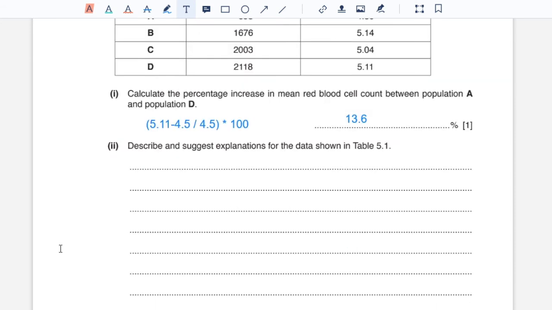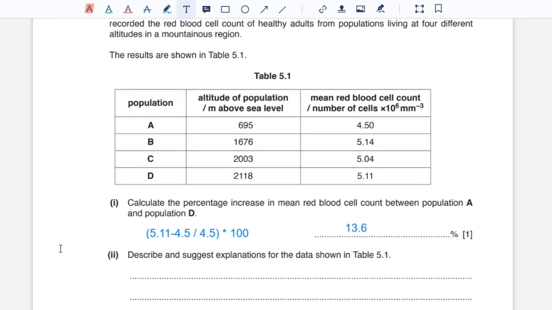2. Describe and suggest explanations for the data in table 5.1. So going from populations A to D, the altitude is continuously increasing, whereas the red blood cell count only fluctuates, increases and decreases. And in the table, population B at altitude